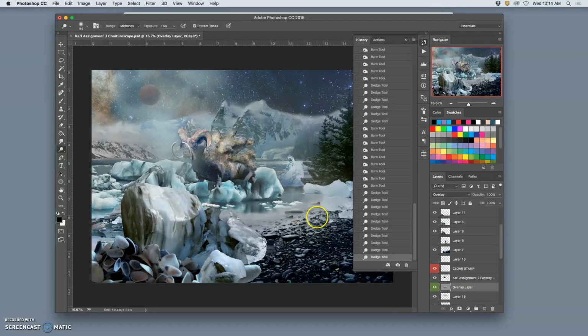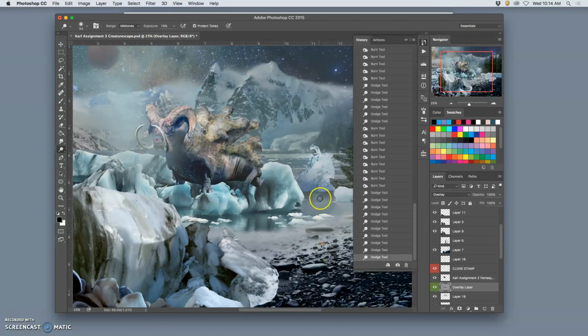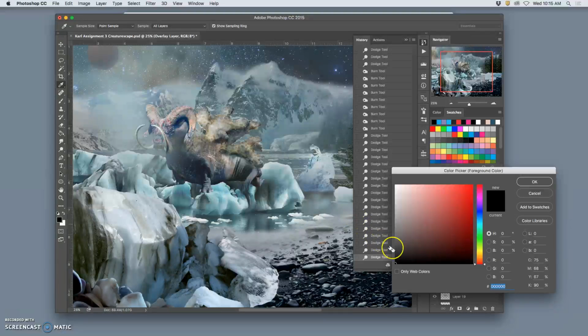So that little reflection I'm trying to suggest in the water. So that makes a big difference. And then, of course, you can keep working with it. And what I love about overlay layers, if I just use my brush, this is the first time we've used the brush, and I use 50% gray,